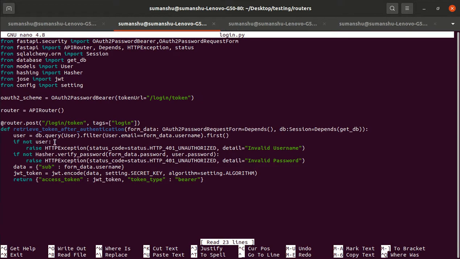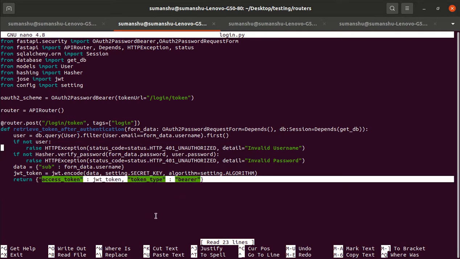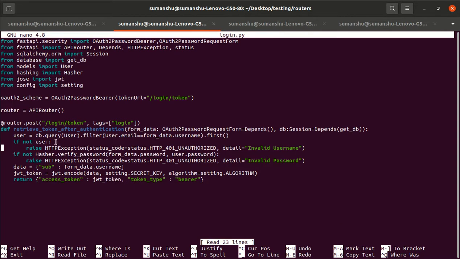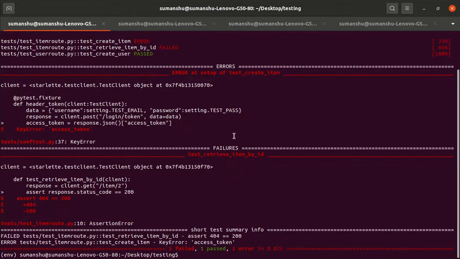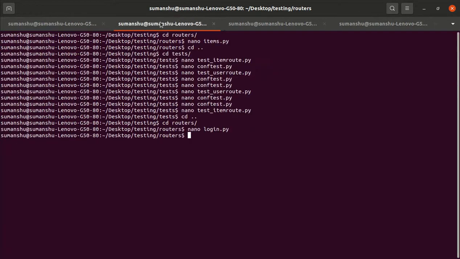So it is checking the database whether the particular email exists in the database or not. If it doesn't exist, then it will raise an exception. If it raises an exception, then it will not be able to generate that token. But in our case our database is empty, so it doesn't exist. So we have to modify our test case a little bit more.